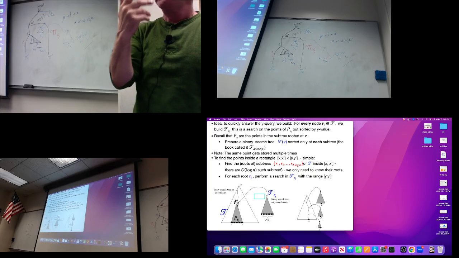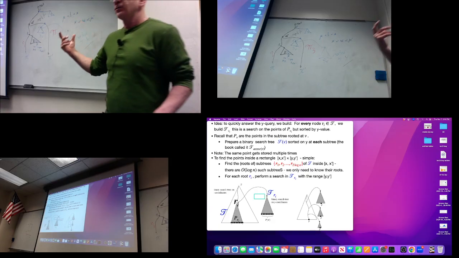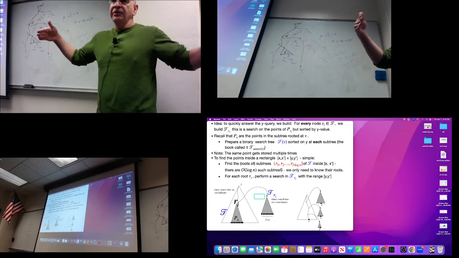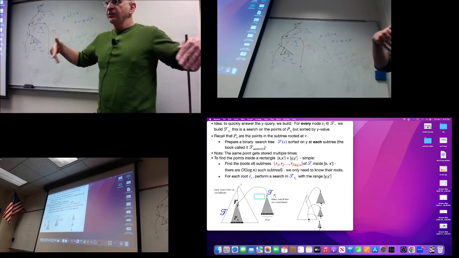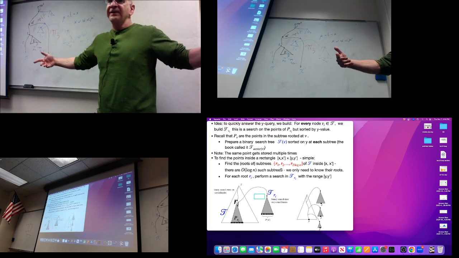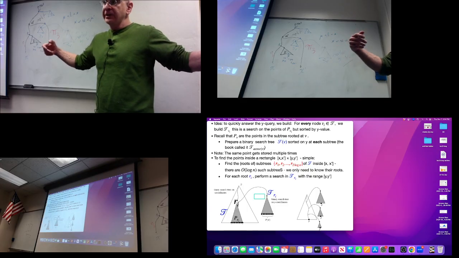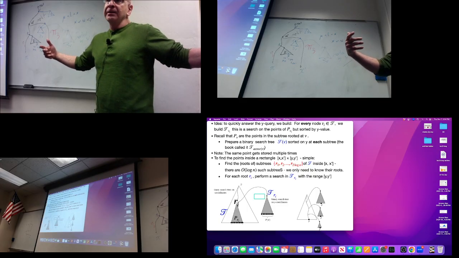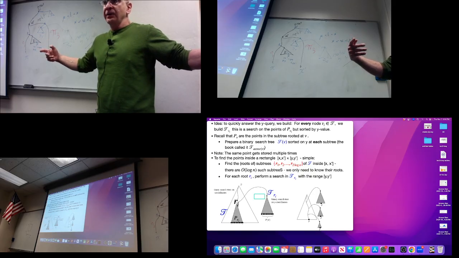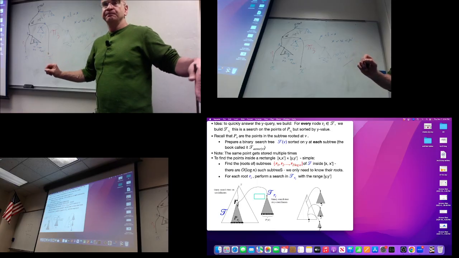So naively, how many subtrees do I have? I had the main tree, T. Every node of it was the root of yet another tree, so I have n trees, and each one can contain up to n points. So naively, n squared is a bound on the memory. That's ugly. But could we